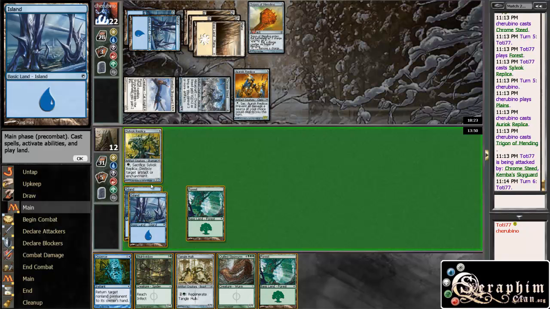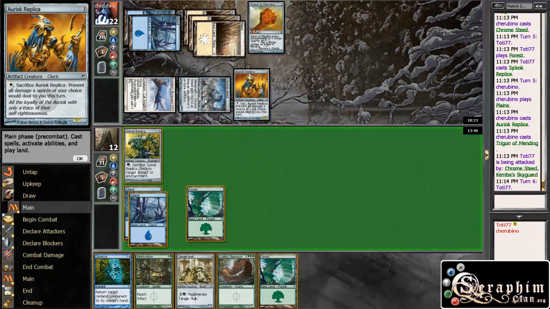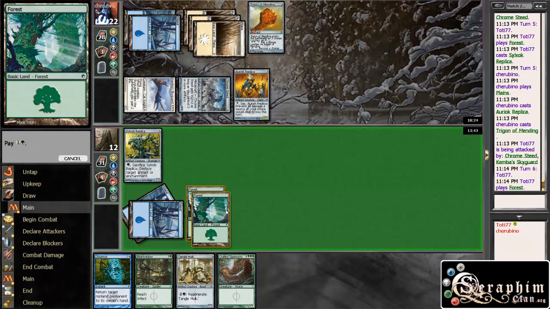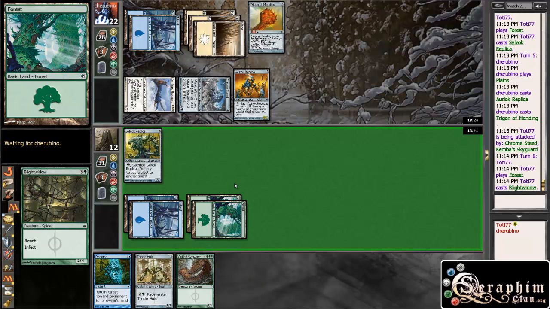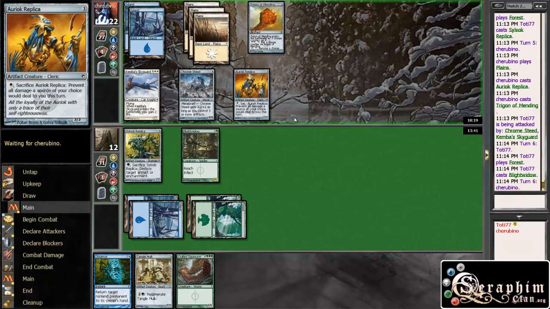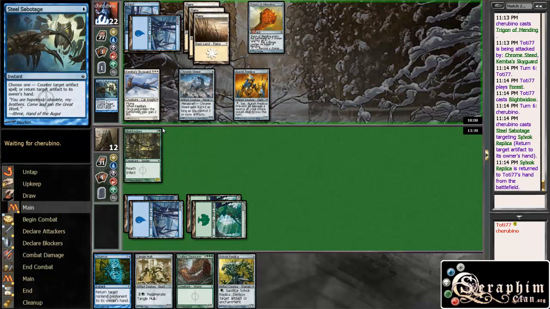I think I'm just dropping the Blight Widow here that stops the beats from this guy, and this replica can block this dude over here. So I think that's fine. I think that's better than just sacking the replica to kill the Chrome Steel, because then next turn we can actually get his Metalcraft. And now, I mean, he can get in for 4, but other than that, he doesn't really have so great